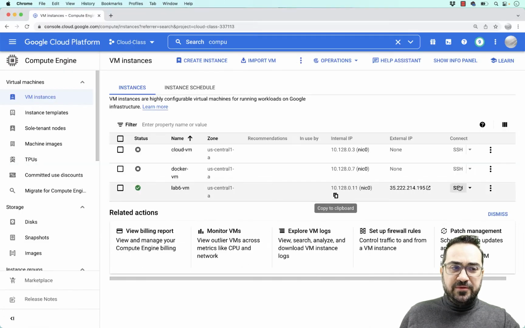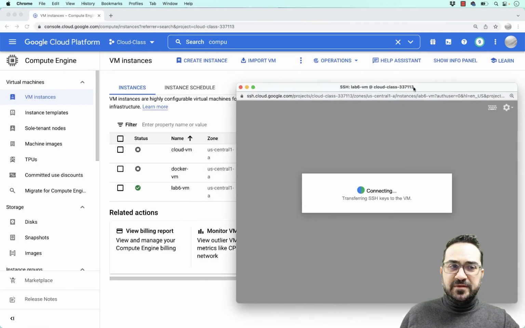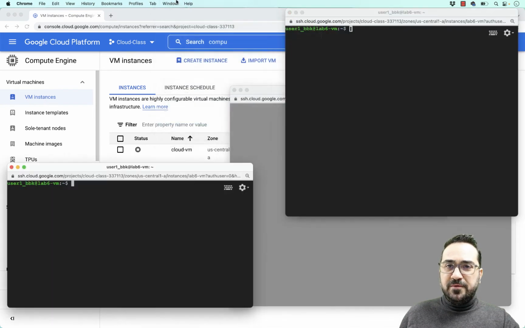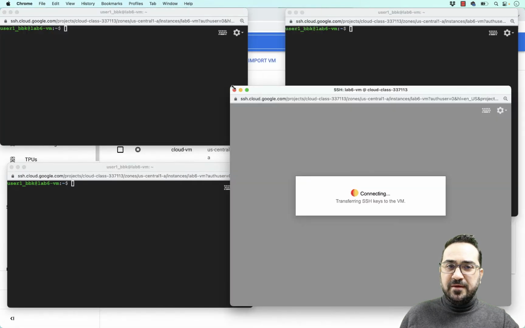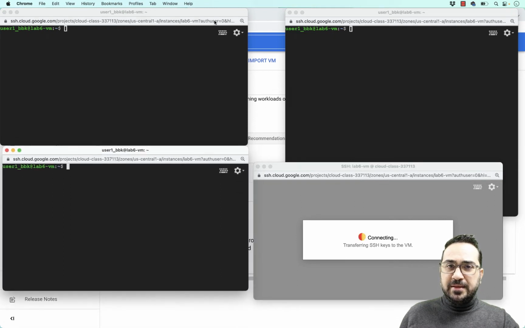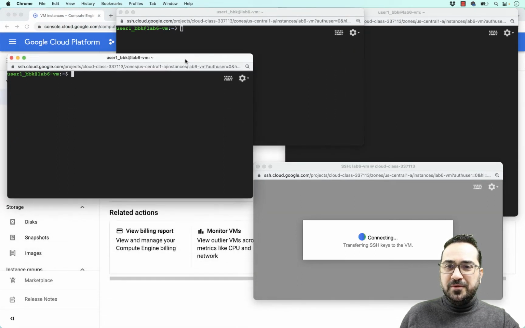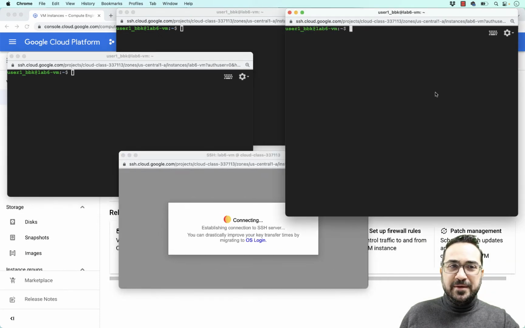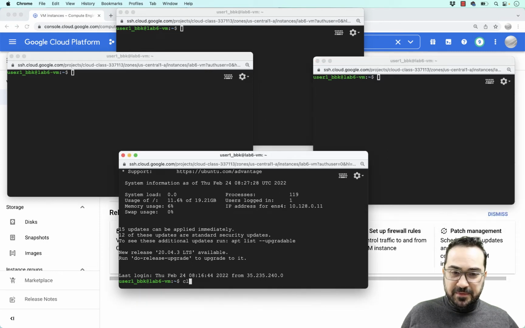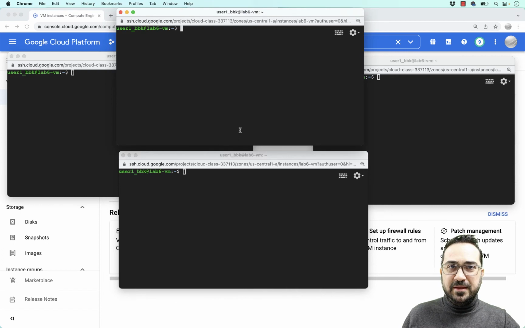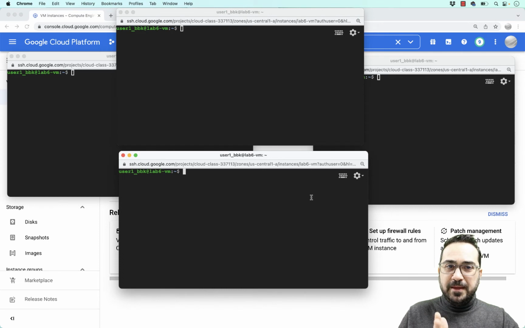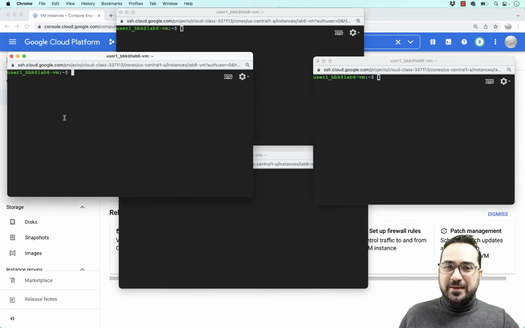So let's go back and open a new window. I will organize my space now. Here I have all my windows, and as you can see, 4 different windows. I will try to create the flow so it looks like a pipeline, similar to the diagram I have in the lab tutorial. So here is my producer, my 2 consumers, and here is my collector. All right, let's do this.